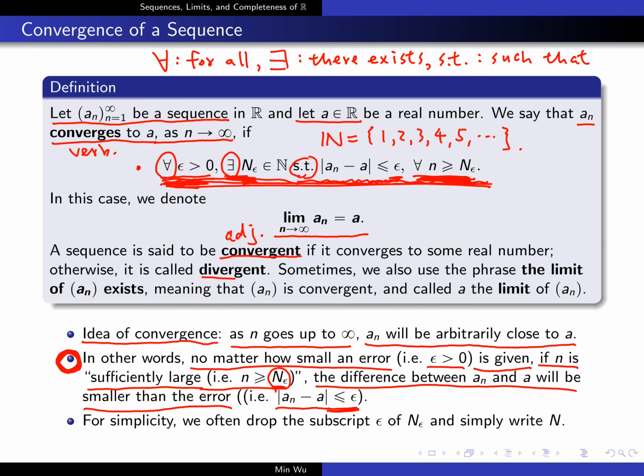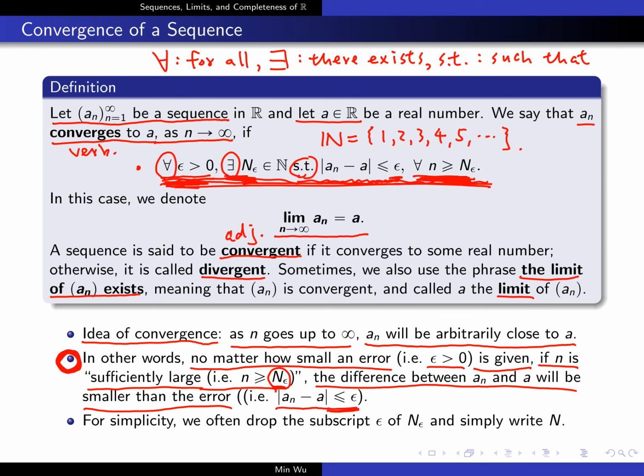Otherwise, we say that the sequence is divergent. So divergent is basically the opposite of convergent, actually the negation of convergent. And sometimes we use the phrase "the limit of a_n exists" to say that a_n converges to somewhere: there exists a such that a_n converges to a. And we also call the number a the limit of the sequence. So when a_n goes to a as n goes to infinity, we say that a is the limit of the